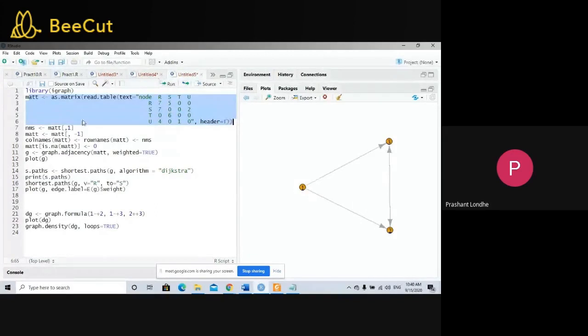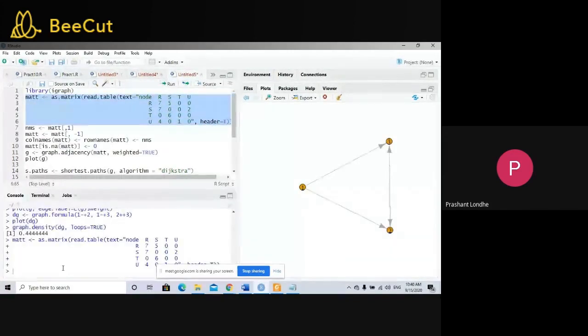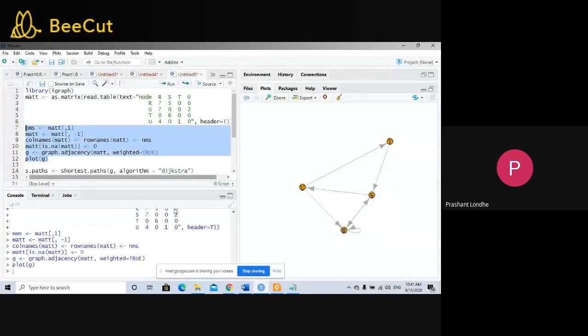Okay, so let me display the matrix. Let me run this. So I have taken mat as an input, and now this is a way of evaluating rows and columns. We need to separate out the rows and the columns before plotting the graph. So here you are going to get all the rows, and here you are going to get all the columns, and then you are going to plot this graph. So I will run all these steps, and in this way, you are going to display the graph.